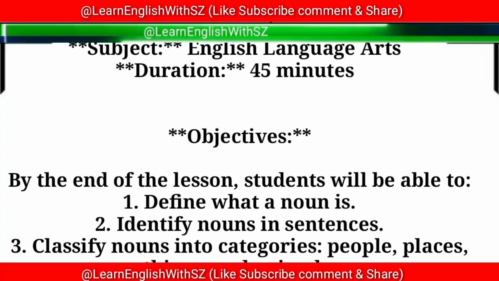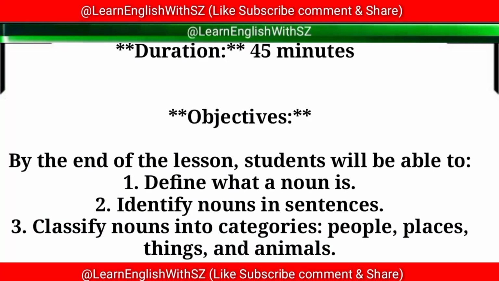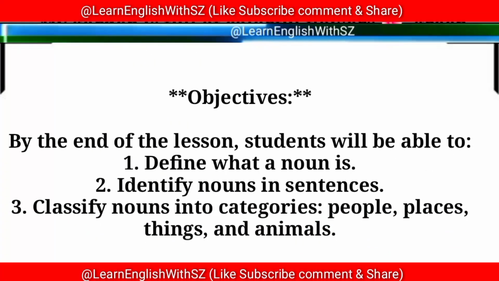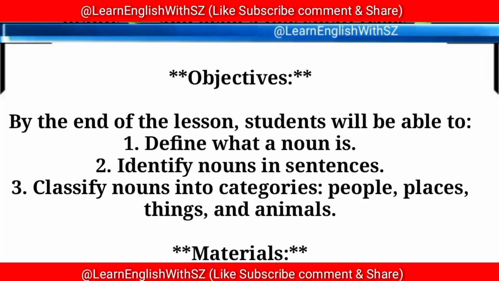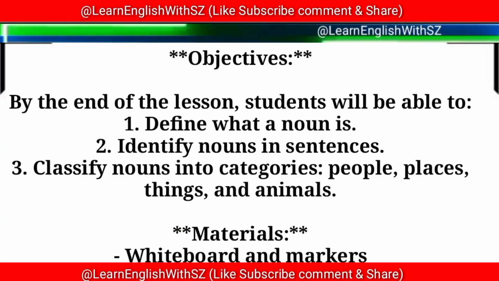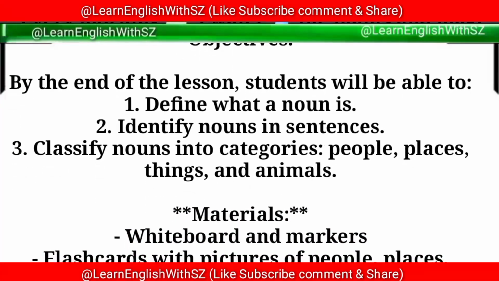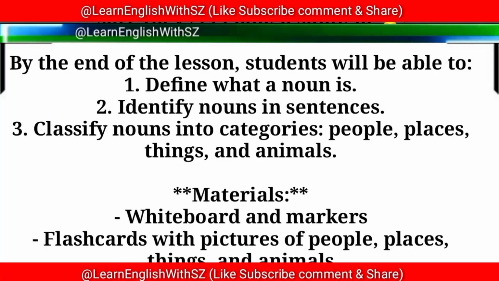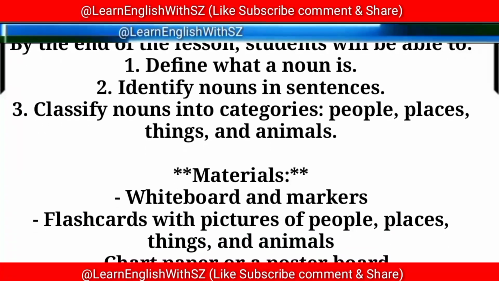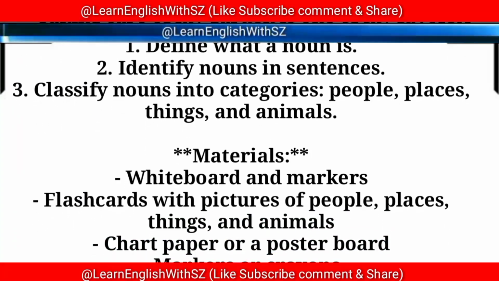1. Define what a noun is. 2. Identify nouns in sentences. 3. Classify nouns into categories: people, places, things, and animals. Materials: whiteboard and markers, flashcards with pictures of people, places,